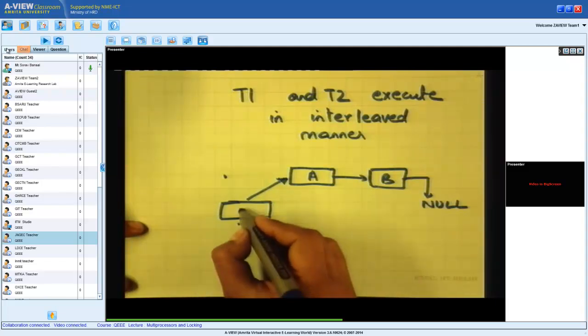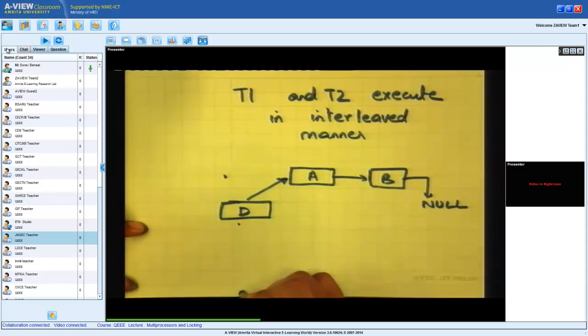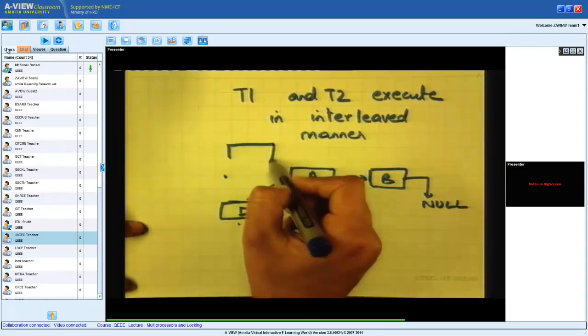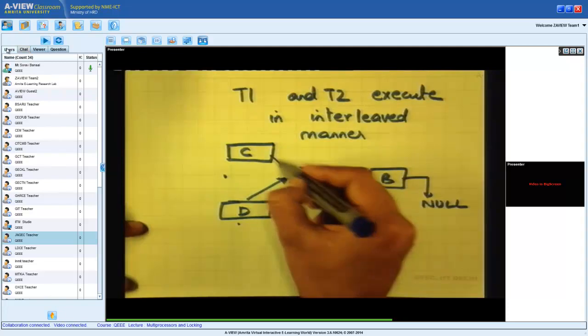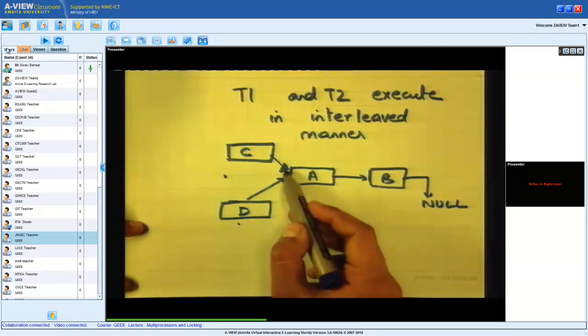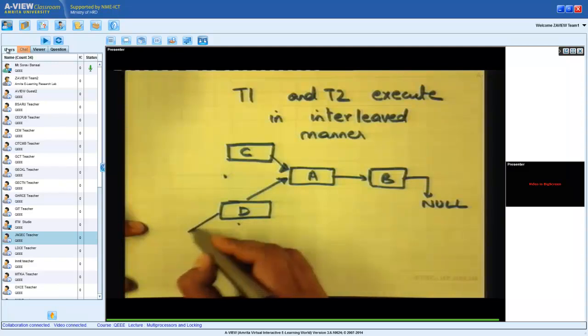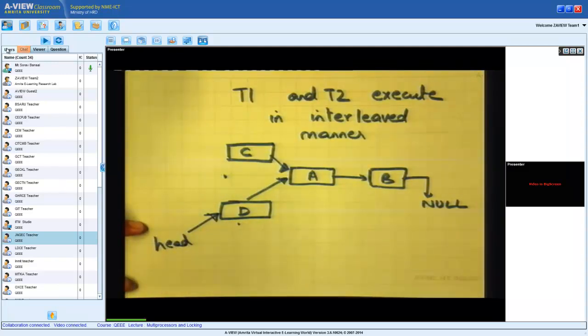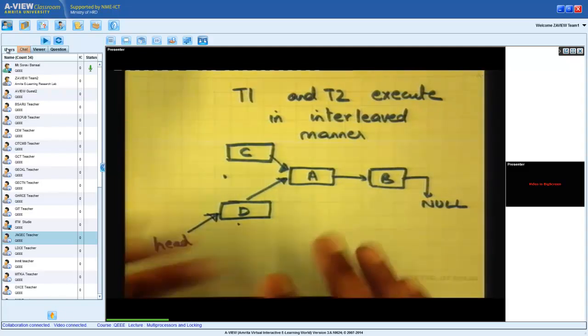So this is D. And simultaneously, T1 is also going to point to the same element, unfortunately. Okay. And then you're going to say head is equal to one of these, and let's say the head points here. So this is the structure you're going to get if they execute in interleaved manner.